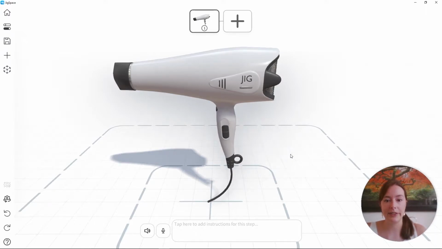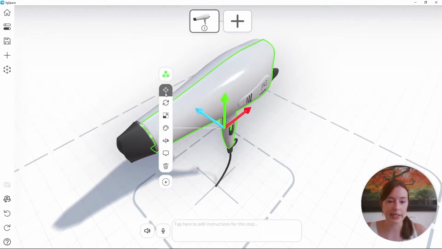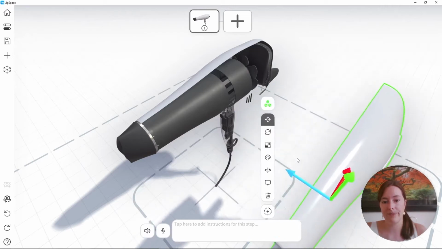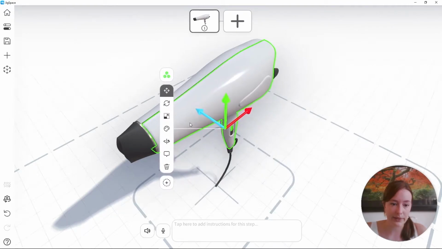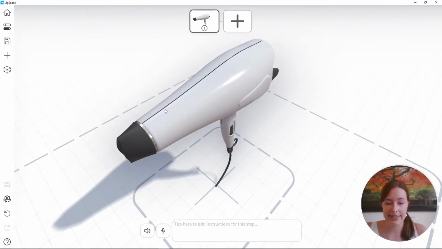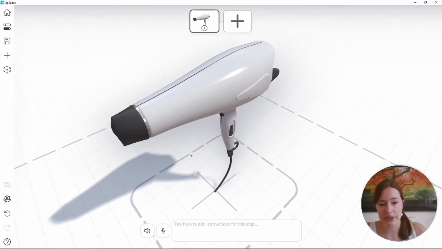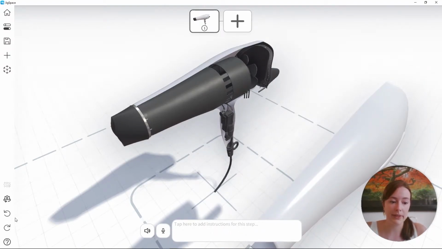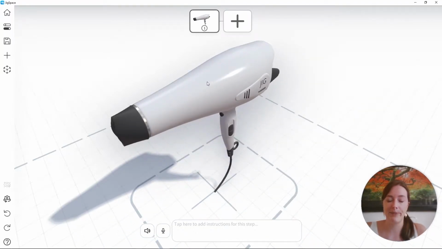Okay, now that the exterior is fully colored, the next thing I want to do is select the internal components and give them materials as well. So your first instinct may be to select the object and use the transform tool to move it out of the way. But when you do this, it isn't always easy to perfectly align it back to its initial position. As you can see, there's a seam in the middle of the model. So in order to prevent this, I'm going to press Ctrl Z. I can also use the bottom left-hand corner's undo redo tools, but I'm going to press Ctrl Z for now and just get that back to its initial position.